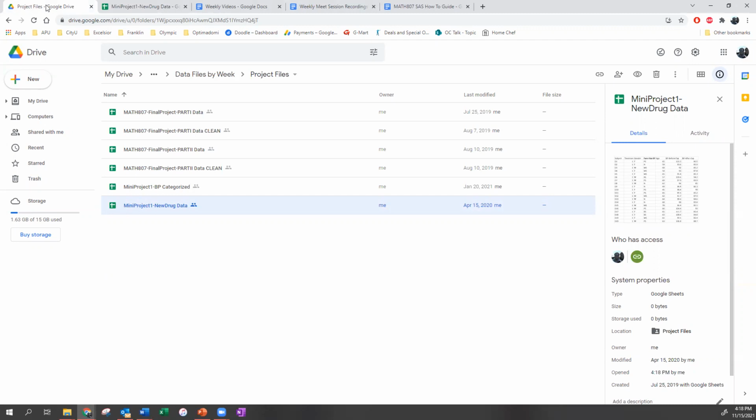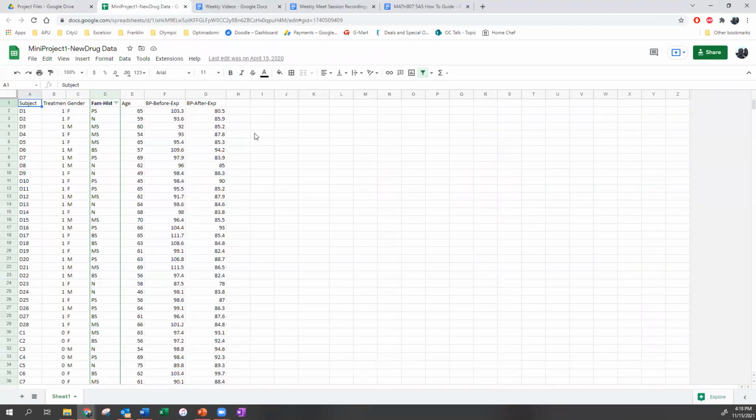The only way to get SAS to produce a side-by-side box plot is to have all of your data under one variable. So in this case, they want you to do a side-by-side box plot comparing the BP before to the BP after. You can't do it like this because they're housed under 2 variables.